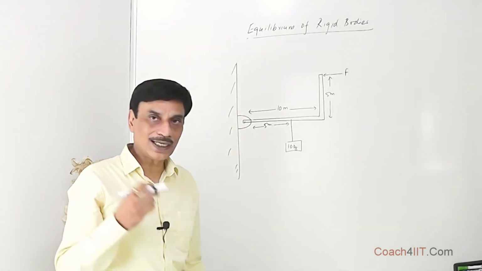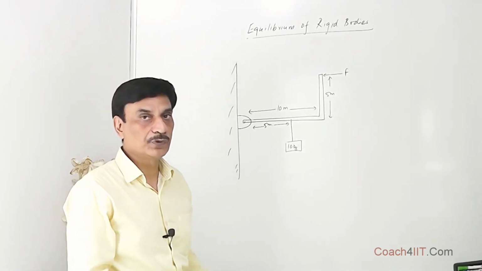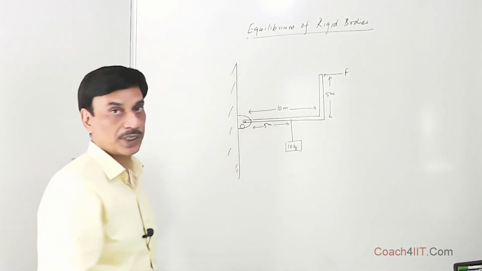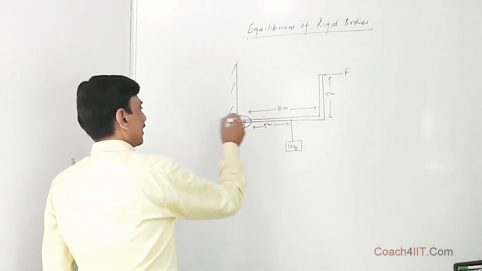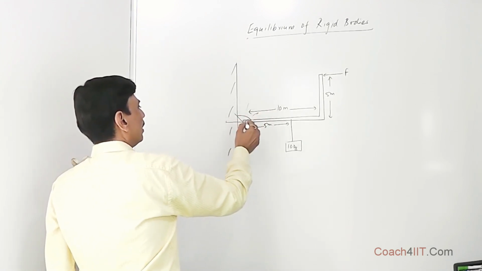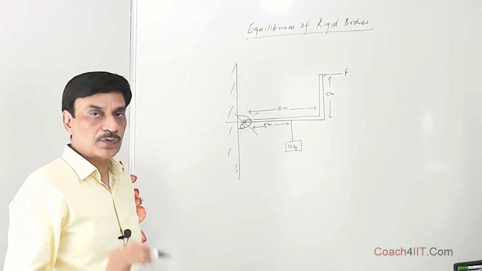So now, what axis of rotation will you take? Take the axis of rotation where there is maximum confusion. Right now, we have maximum confusion over here. We don't know what forces are acting over here. As soon as we choose this axis of rotation, the torque of all the forces, whatsoever the direction they may be acting in,